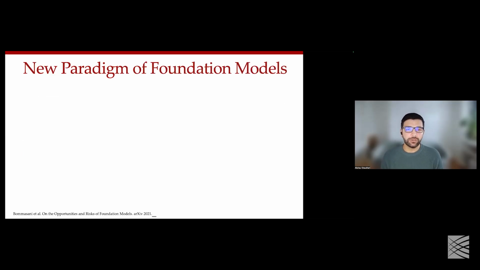So I first wanted to talk about this broader notion of foundation models. I'm sure this is a term that almost all of you have heard before. And this is really a different way of thinking about a lot of the AI models that are being developed. Rather than developing these task-specific models that usually do one single thing, this notion of foundation models really involves aggregating a large amount of data, and usually this data is unlabeled. So there's no human-generated labels for specific tasks that we want to be able to perform on this data.